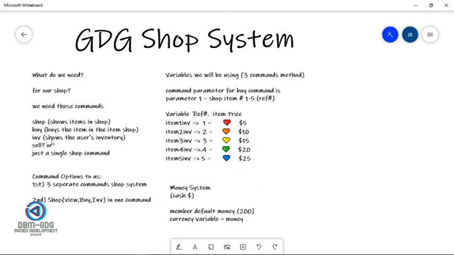Or maybe we could even create a sell command later on. Or if we wanted to, we can create the shop system within a single command. Now you can't easily do that, though, just be aware debugging the command when you run into any issues could be quite tedious, going through a single command and trying to figure out where the fault lies. So from here, basically we're going to use the three separate command shop system,